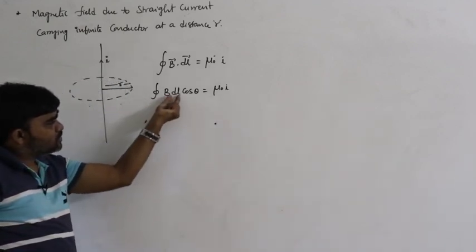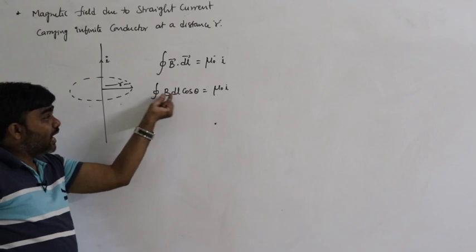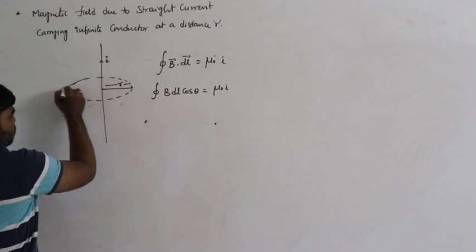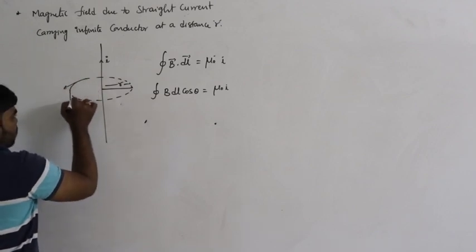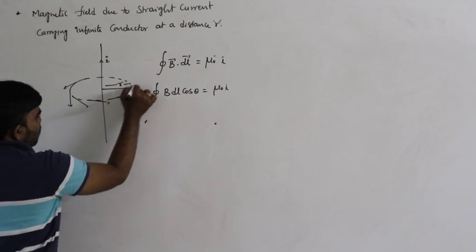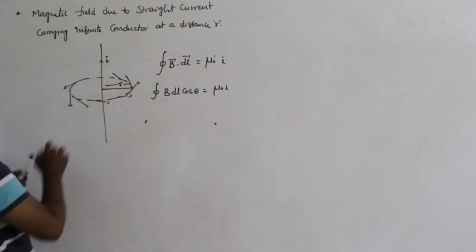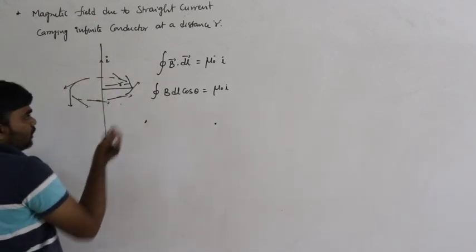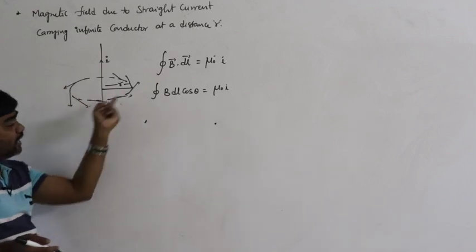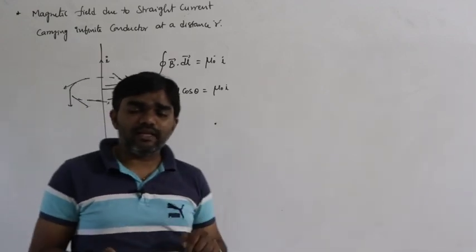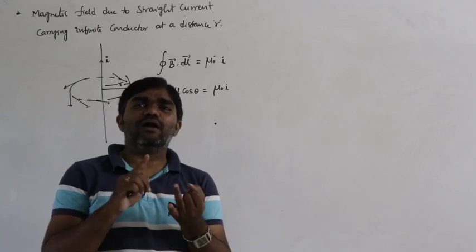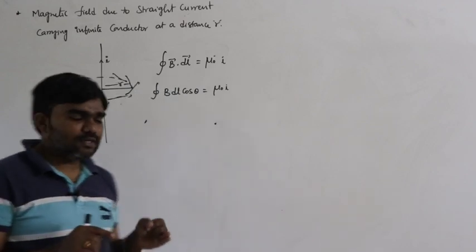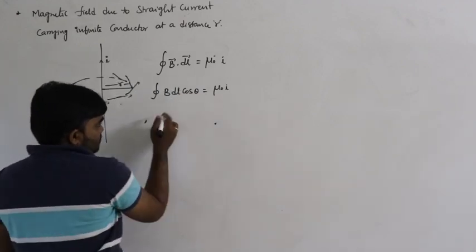What is the direction of dl, what is the theta here? The angle between B bar and dl. What is the direction of B bar at any point? The tangent gives the direction of the magnetic field. By the right hand thumb rule for a straight current, the curling of the fingers indicates the direction of the magnetic field. So here at any instant on the Amperian loop, the direction of B bar and dl bar must be the same. That is why it is cos 0.